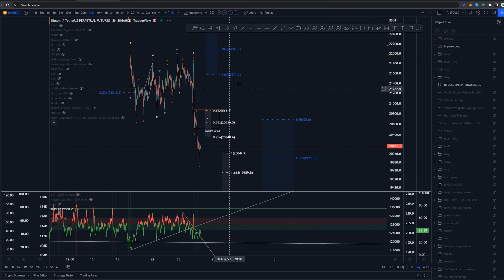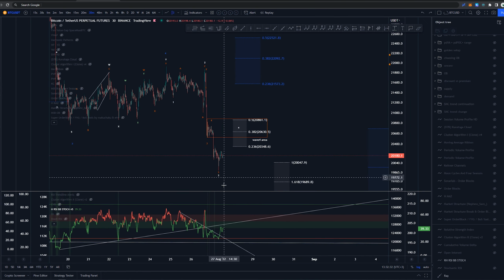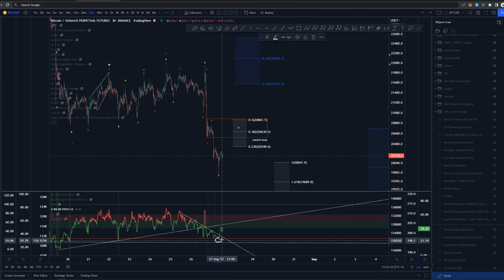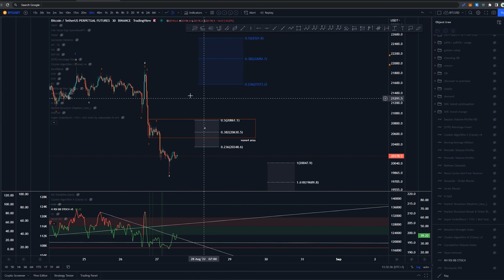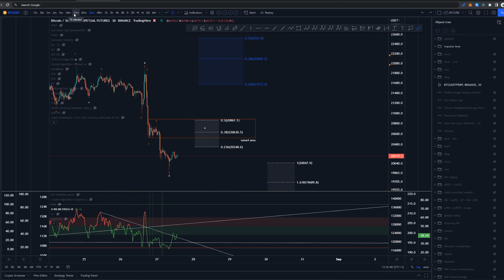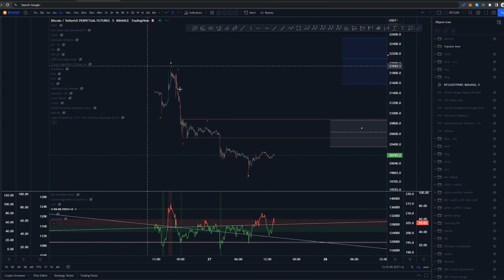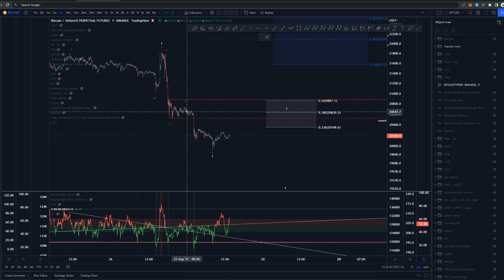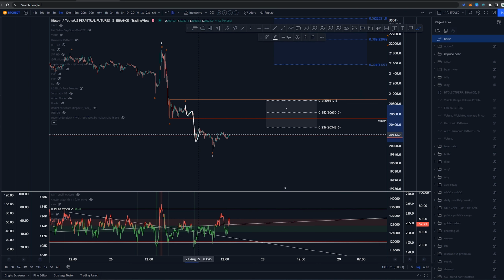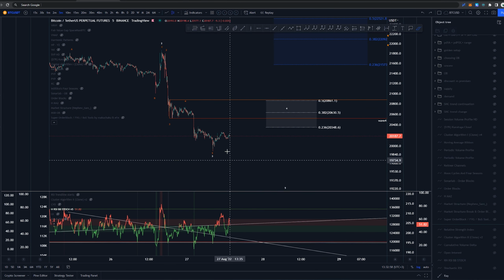On the 30-minute time frame, we can see that the lowest RSI is here. However, it is not as low as we would be expecting it to be. This wave 3 here definitely has a very low RSI as well, and on lower time frames, we don't see that really good divergence happening here. We did have a low here, so I think this was going to be a 1, 2, 3, 4, 5,